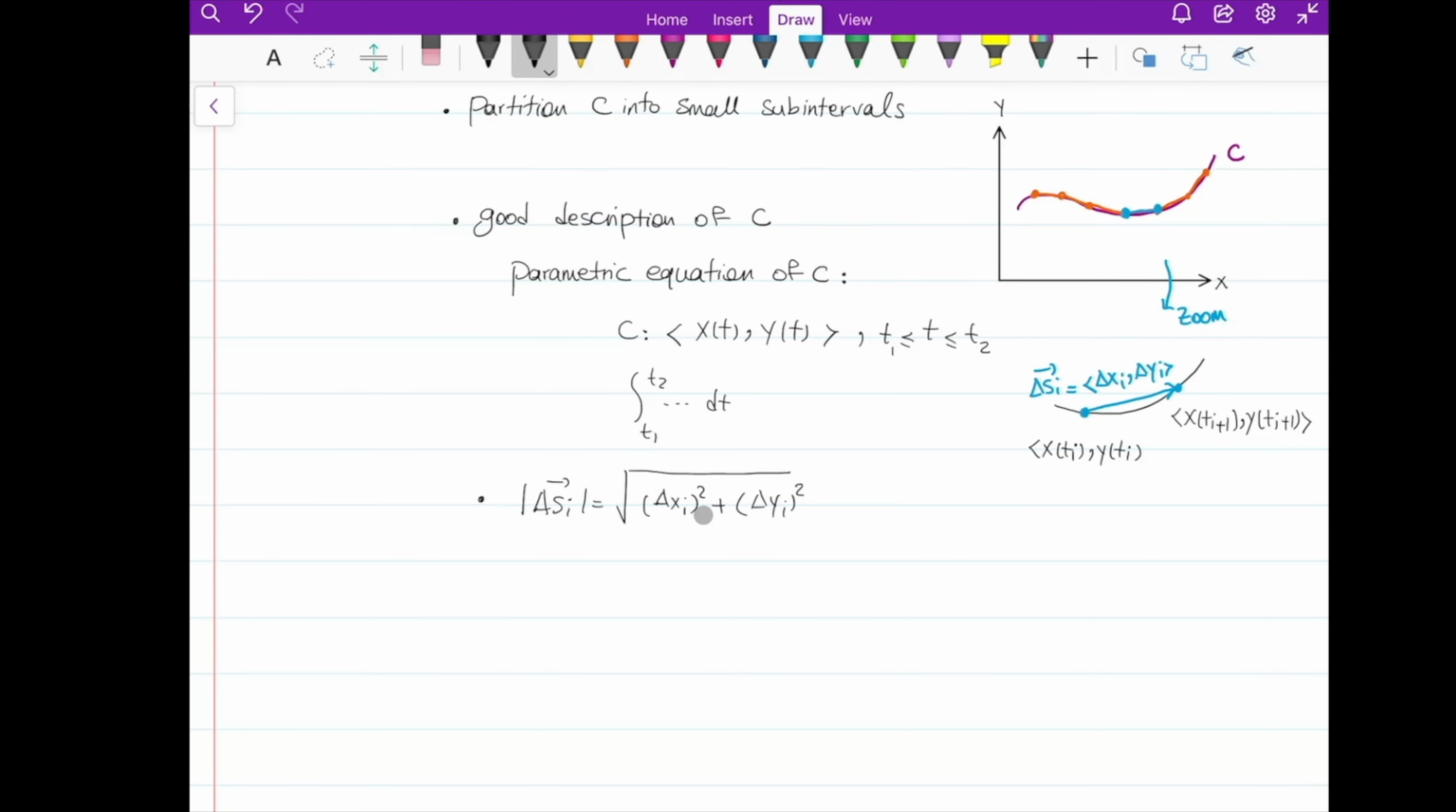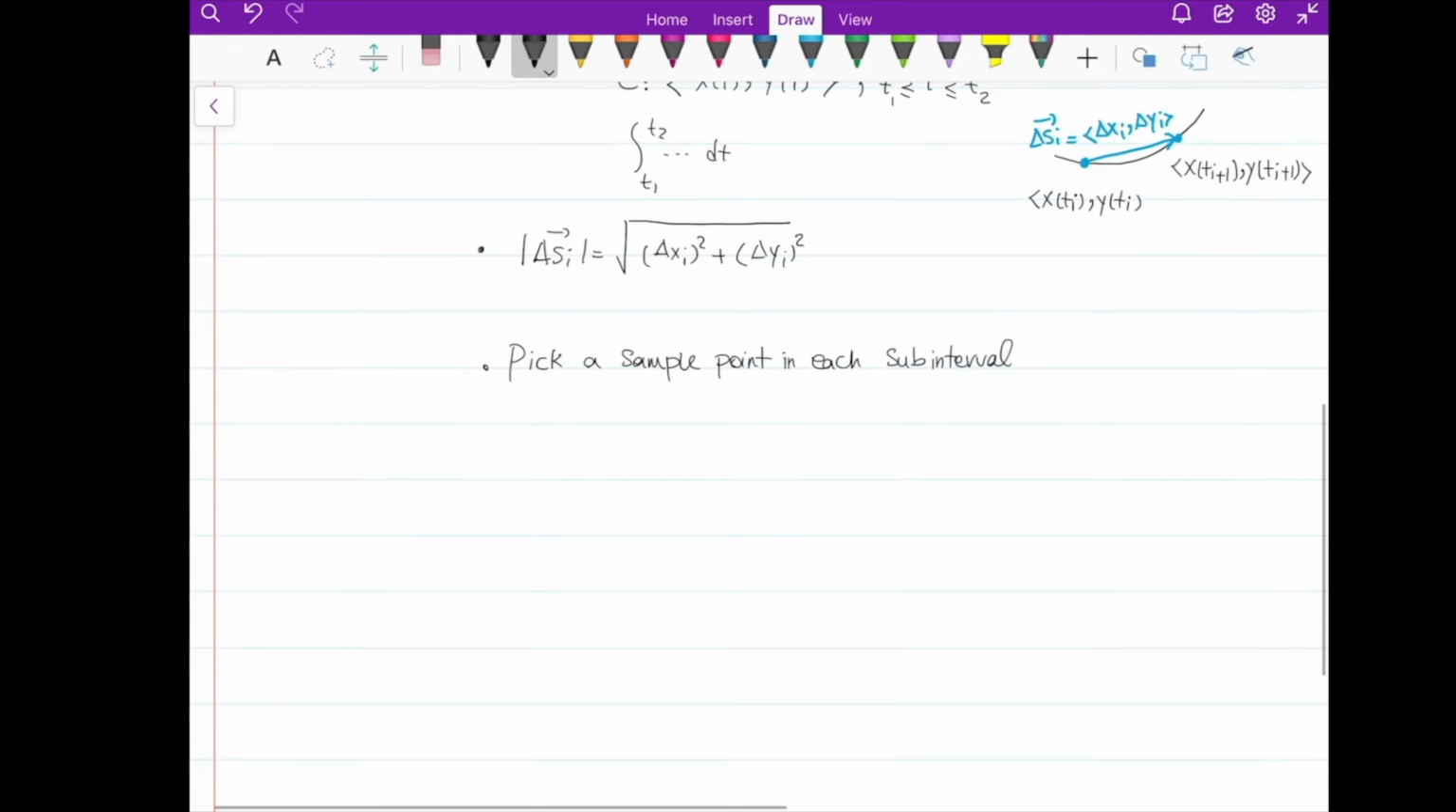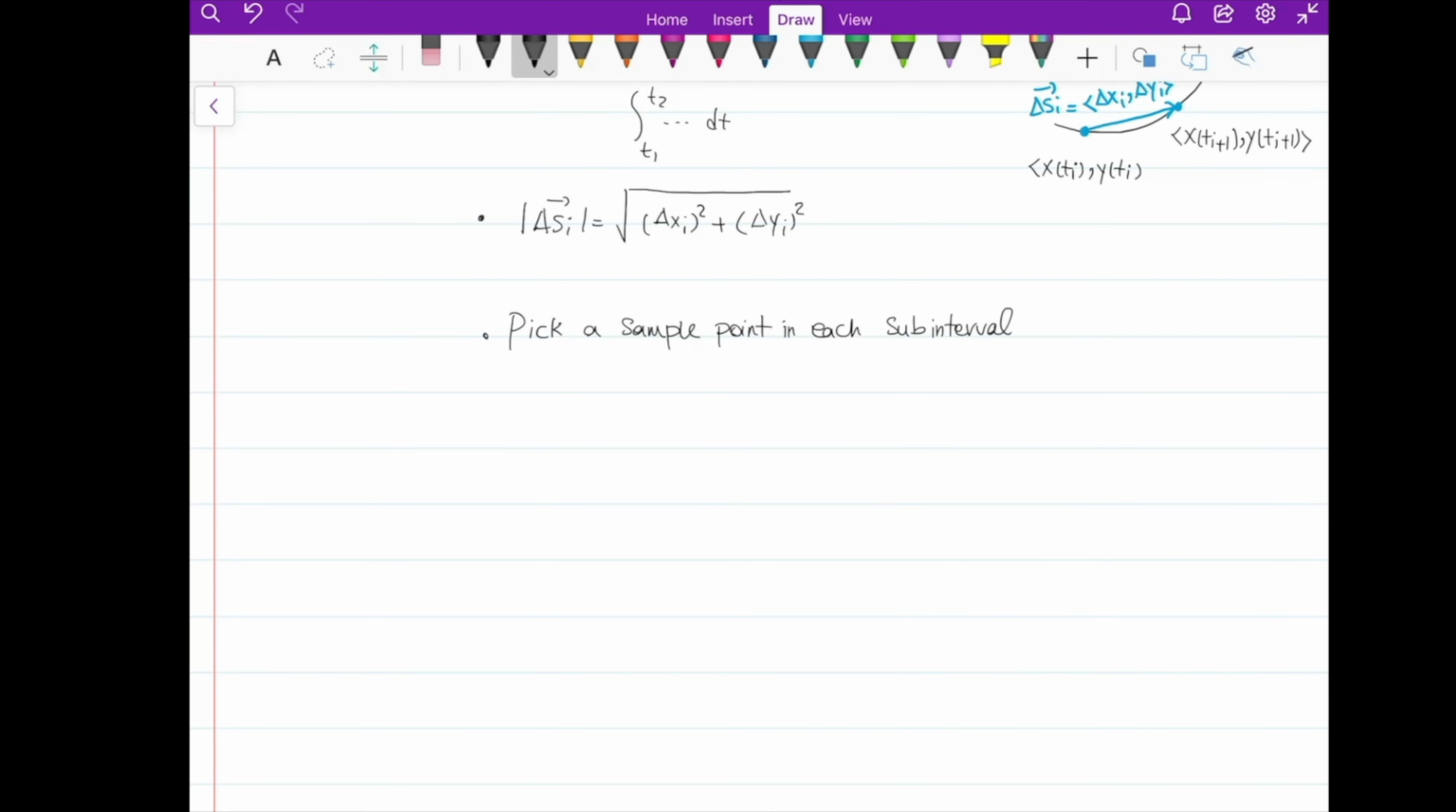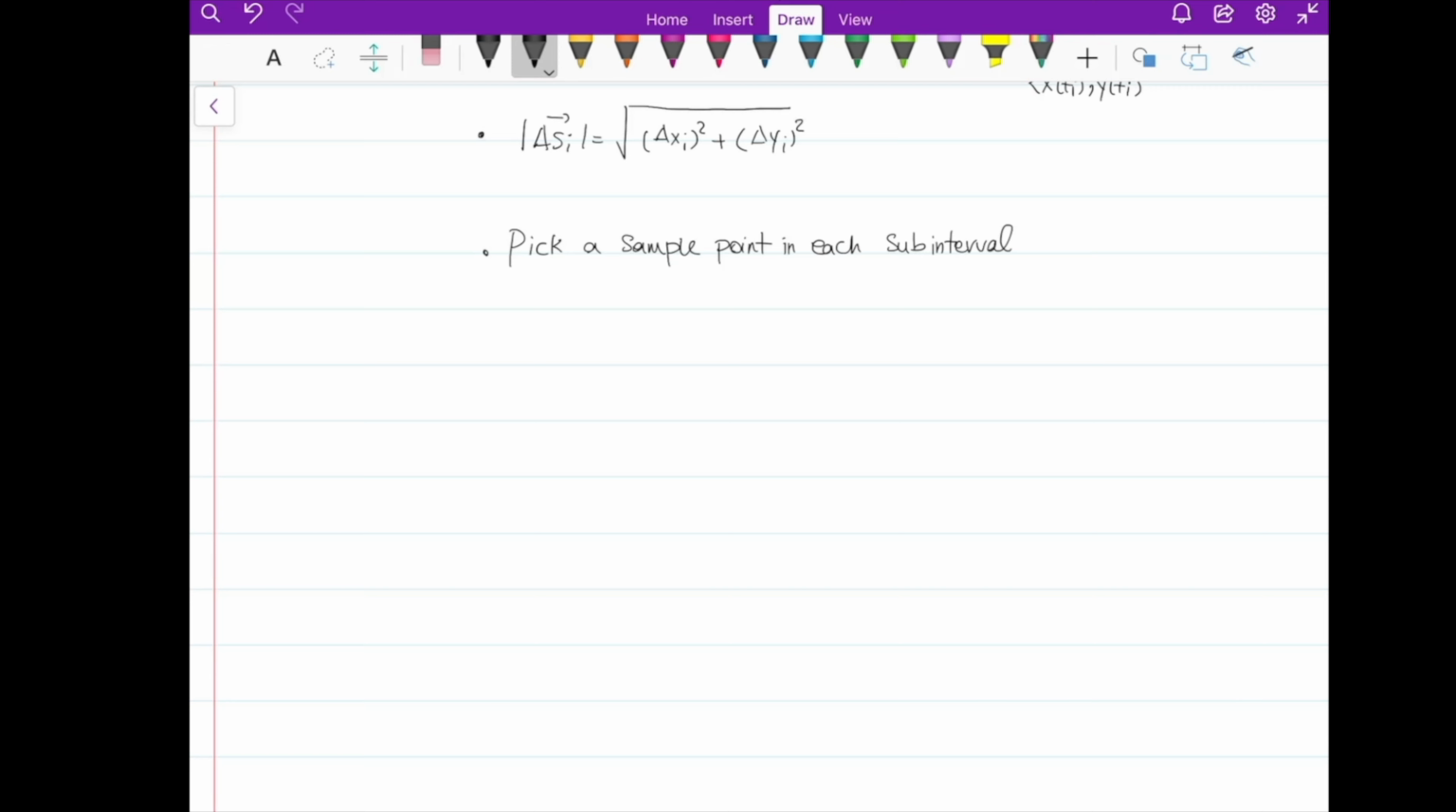So I'm going to say that after this step, I'm going to pick a sample point in each subinterval, and then I'm going to define the integral like that. It's going to be the integral of f of x and y ds over C, which would be the limit of